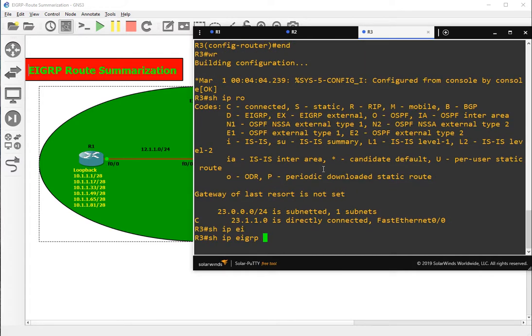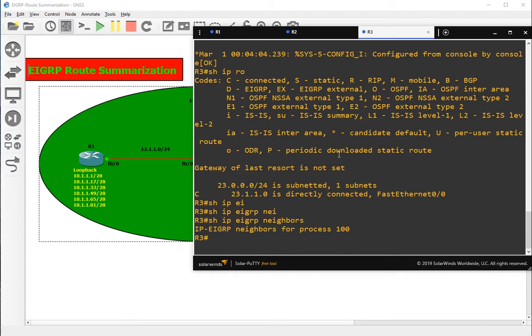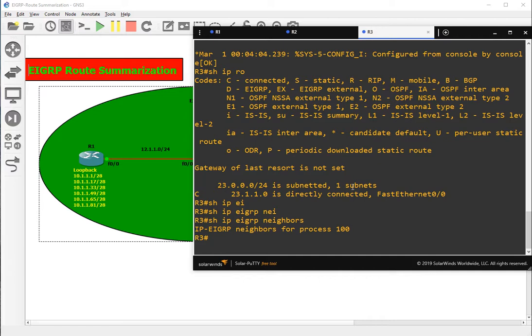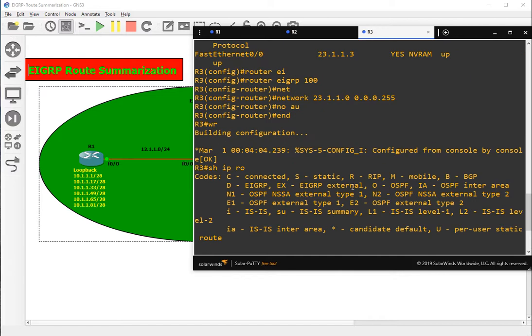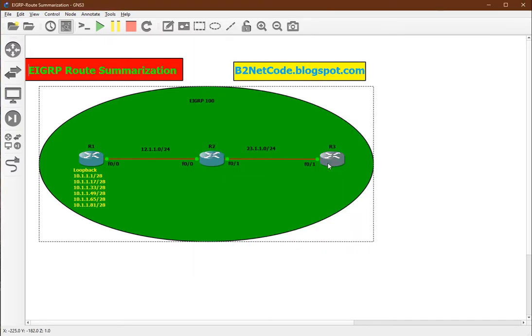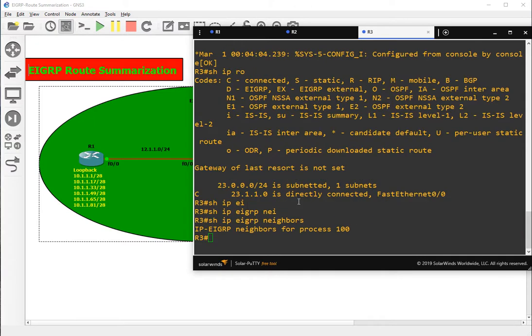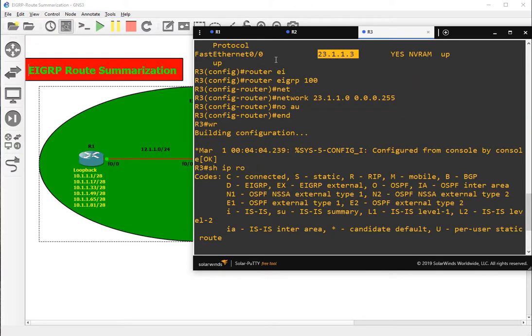Show IP EIGRP neighbors. Okay, no neighborship created. Let's see what's wrong. Router EIGRP 100, 23.1.1.0, IP addresses already there. Oh, the port that is connected is F0/1, whereas we have given the IP address to F0/0.